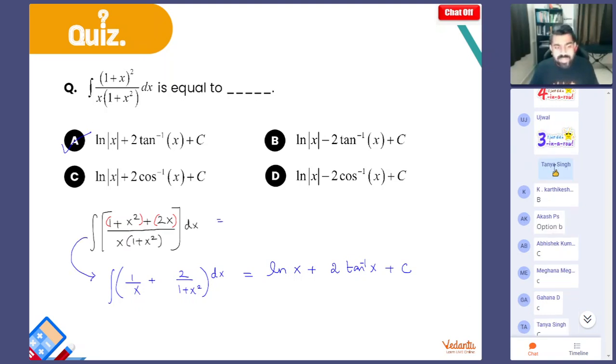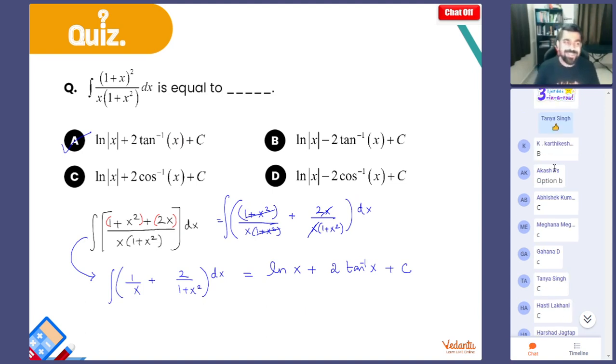For those who are wondering how did it come from here to here, guys, split it now. You will get it like this, right? When you split it, you will get it like this. I hope that is clear. Okay, that you should understand. Anyway, now I think you should have got it. So this and this will cancel. Here, this and this will get cancelled. That's how I got this. Okay. So does that make sense now? Because the next quiz is based on this. The next quiz is very similar to what we did now.